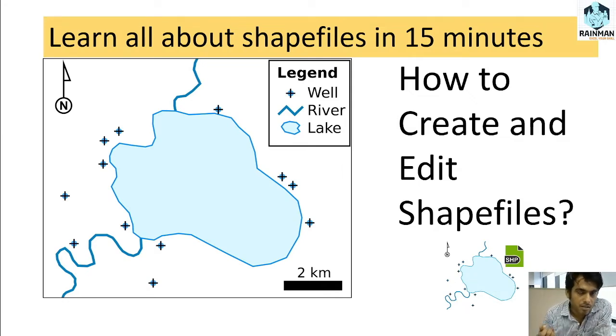Shapefiles is nothing but a file actually which we can incorporate in the ArcGIS and produce map. See in the screen we can see a lake type thing in the map. It's a simple map. There is well and river and lake. Well is nothing but some points which can be treated as point shapefile, and river is nothing but a line like thing. If you want to represent river in a map, so we can show the rivers in the map